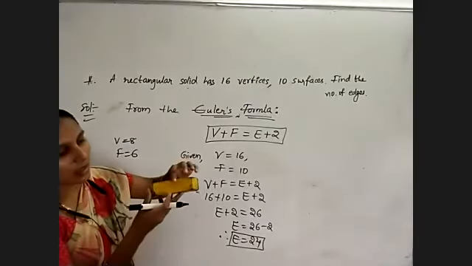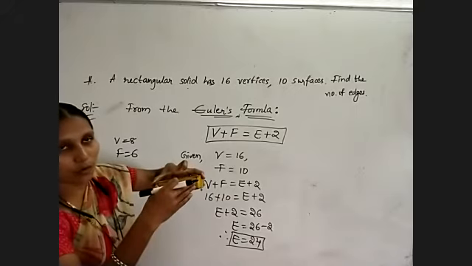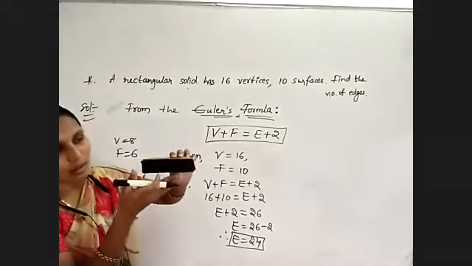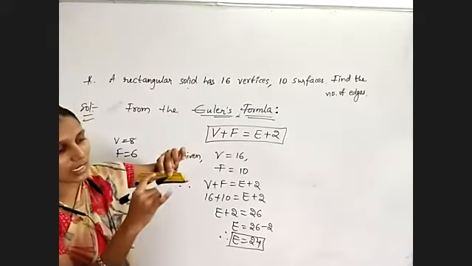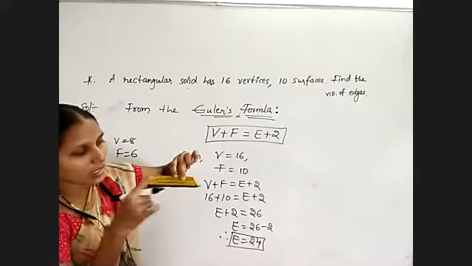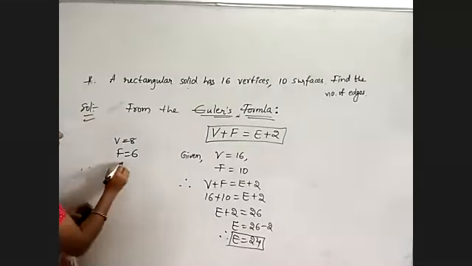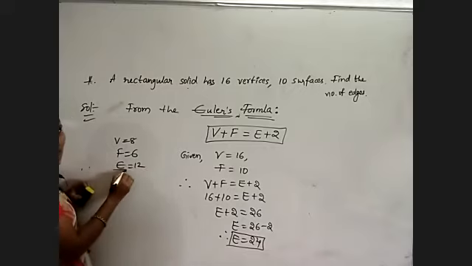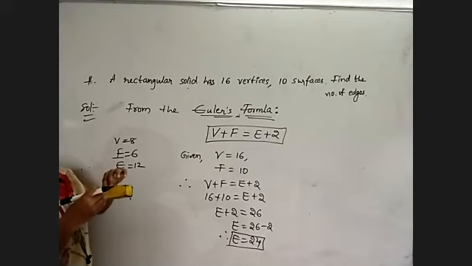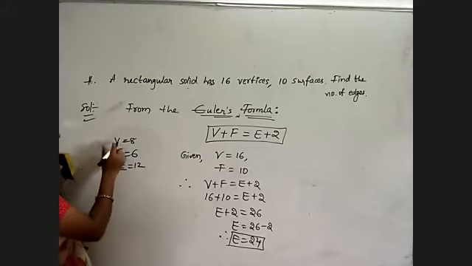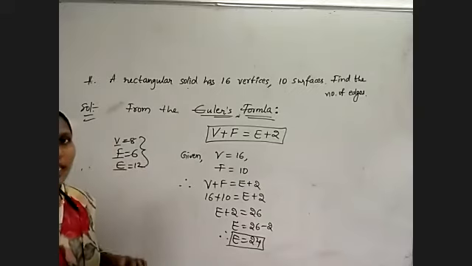How many edges are there? 1, 2, 3, 4. Here 4. Back side, 5, 6, 7, 8. Total 8. Now the sides. Already these two we have counted. So 9, 10, 11, 12. Total edges are 12. Edges means line segments. Faces are nothing but what we are able to see; this complete thing is a surface, we call it a surface. And vertices are nothing but points. Okay, these 3 dimensions we will get for any 3D shape.